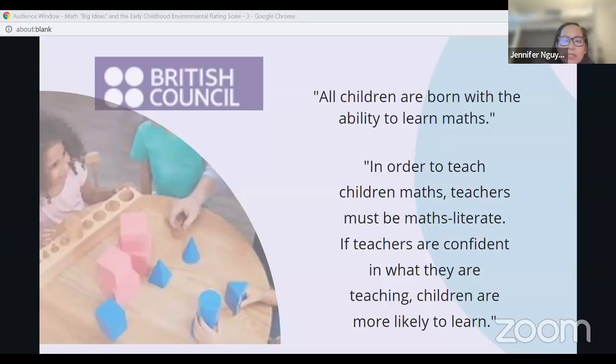So basically, preschool children can develop math abilities in our classrooms, in our learning environments, and we can create math people in our preschool learning environments. We want to move away from the stereotype that some kids or some people are math people and some are not. All children have the ability to learn the basic concepts of math in their learning environments.